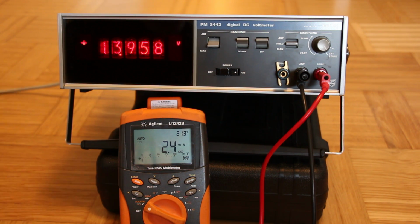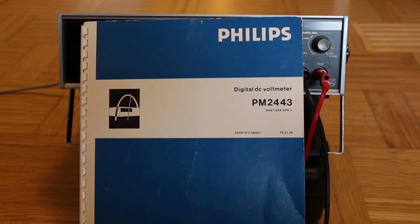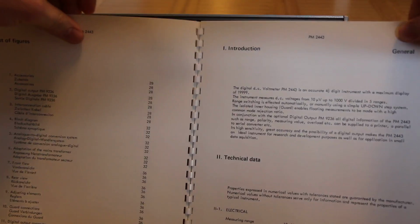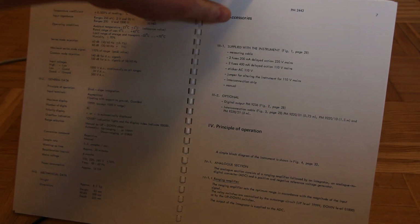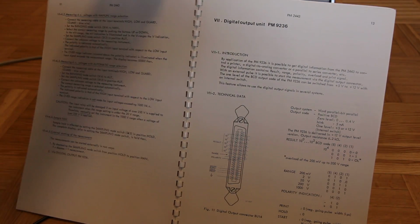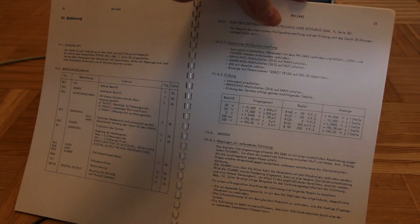The manual which comes with it states lots of nice information, such as its specifications and technical data. Let's see if we can get a better picture, like so. Accessories, installation, pinouts, and the cool thing with the manual is if you go all the way to the back,